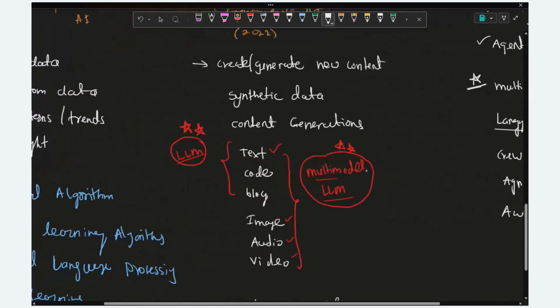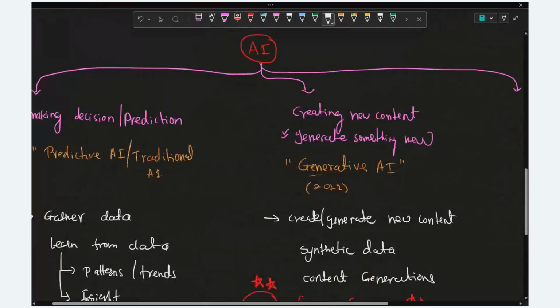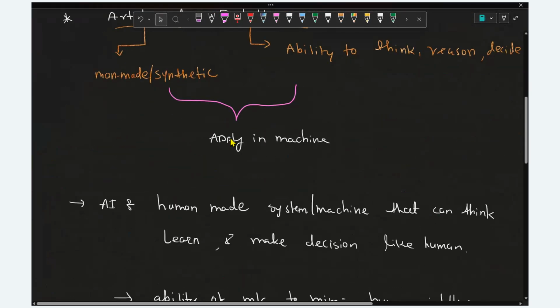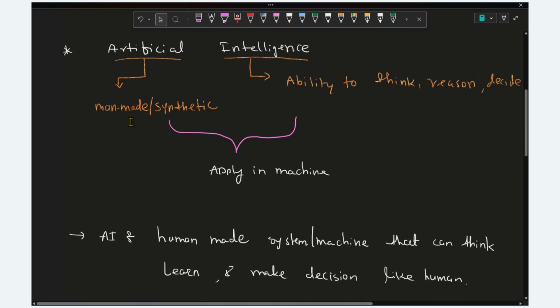So this is just the overall picture. So far we have learned what artificial intelligence is. In artificial intelligence, we are going to apply some synthetic